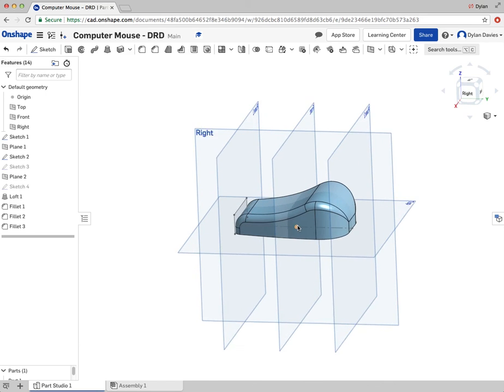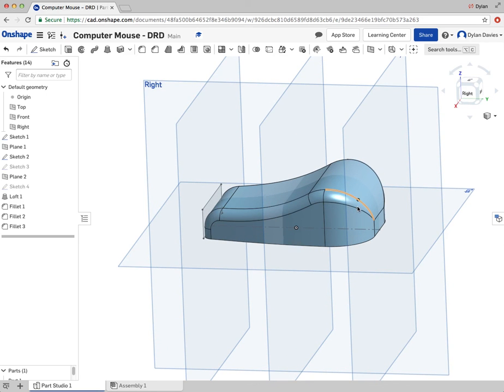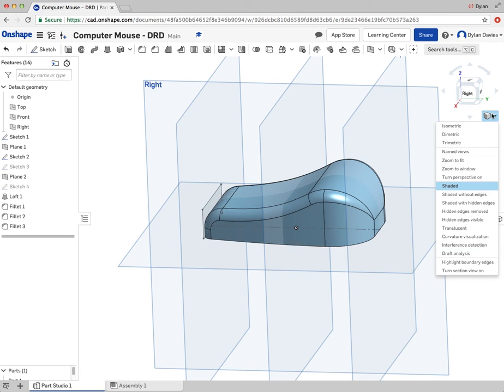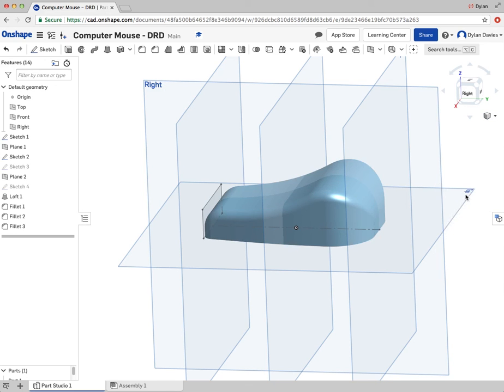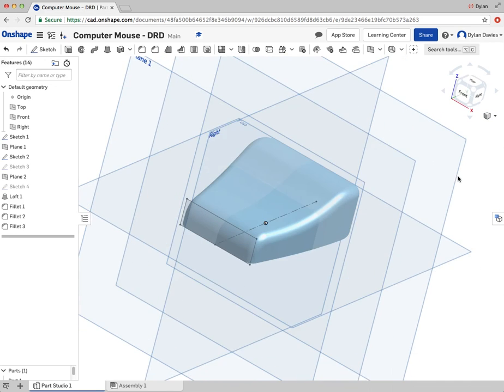Now, what might detract from the design so far is all of these lines that show where the curves are in place. I can actually get rid of those lines by clicking where you normally go to click on the isometric box and click on shaded without edges. So that gives a little bit more of a rendered